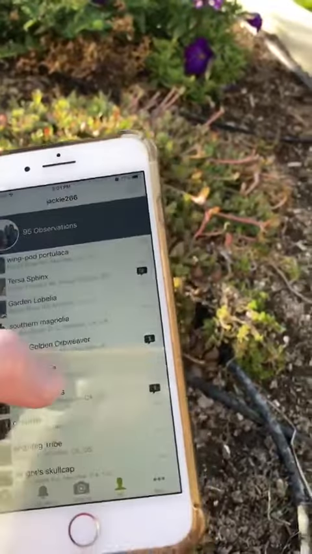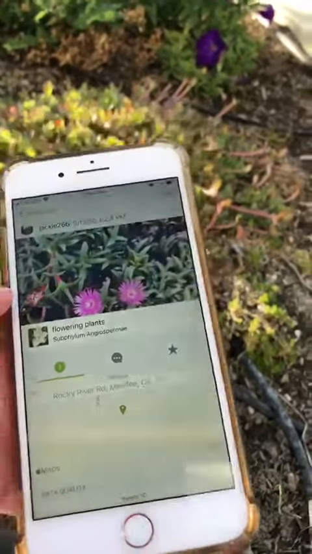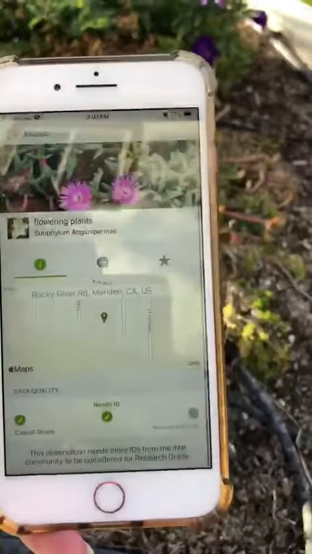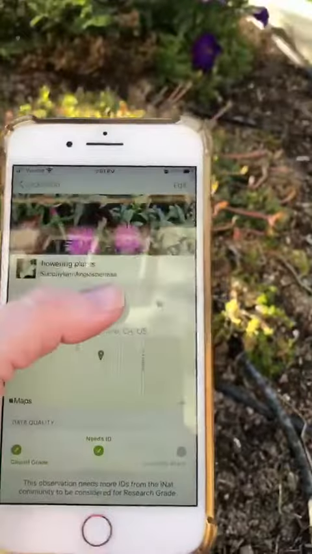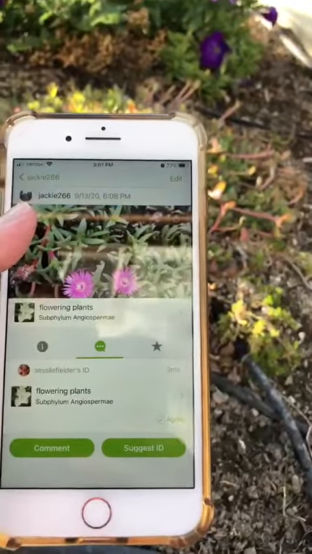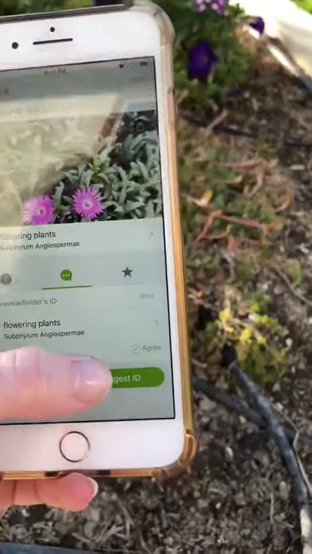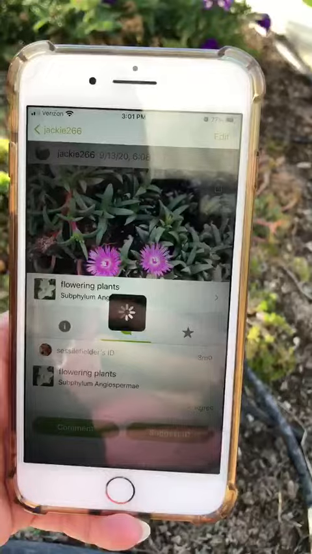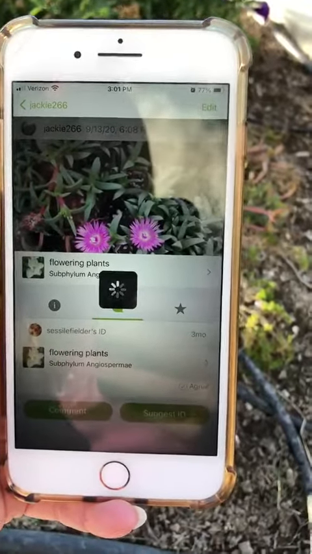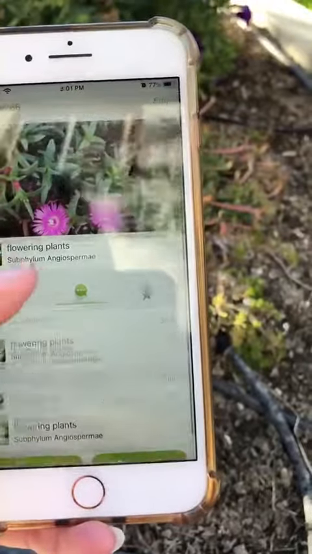Then I can go back and I can see other ones like this flowering plant that I took a picture of. It still needs its ID from others. And somebody said that they think that this is what it is, and I can agree. These extra steps don't have to be done, but it just helps you get a better specimen and get added